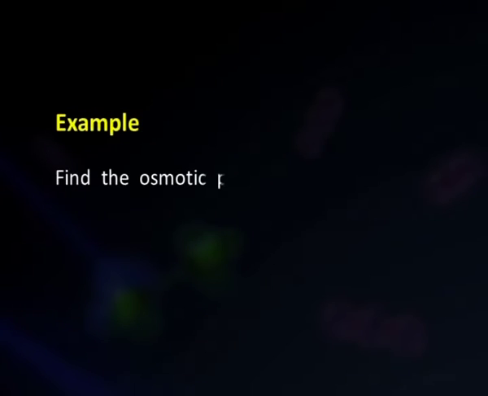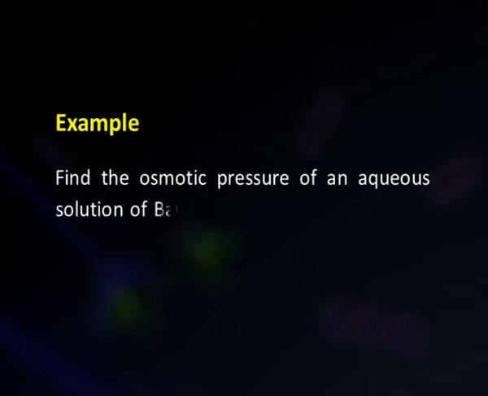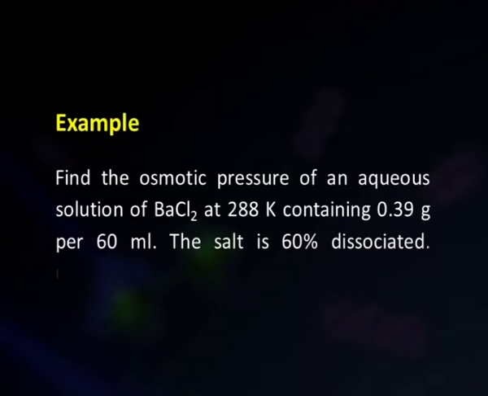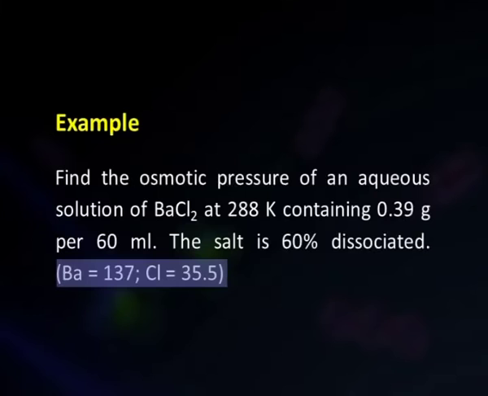Find the osmotic pressure of an aqueous solution of barium chloride at 288 Kelvin containing 0.39 grams per 60 ml. The salt is 60% dissociated. Molecular mass of barium is given as 137 and that of chlorine as 35.5. As 60% dissociation is given, hence alpha, that is degree of dissociation, will be equal to 60 upon 100, means